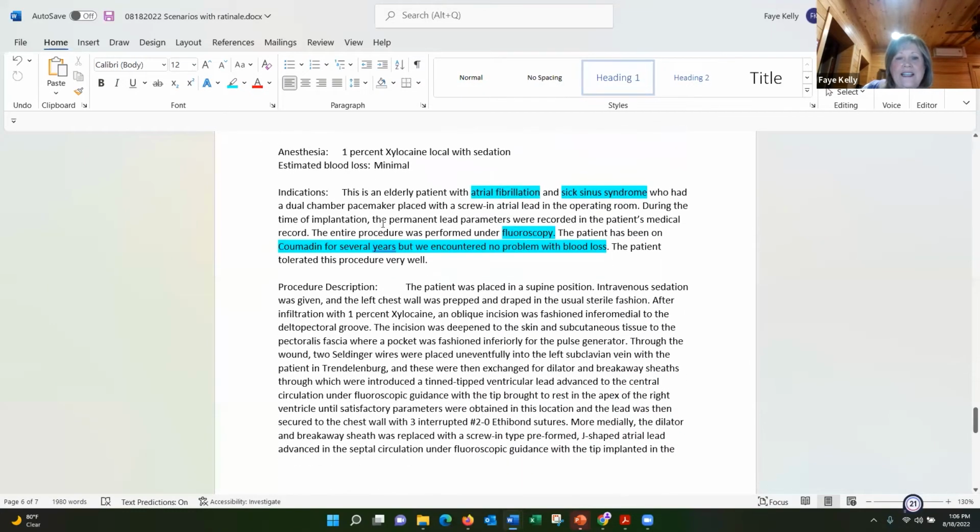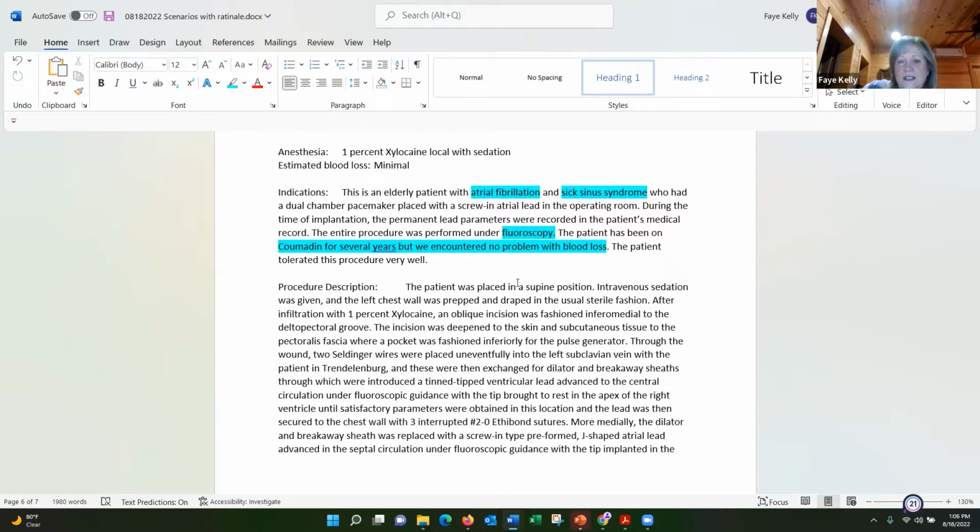So let's talk about the indications. What are we looking for? He documented this. Now, even though these are taken from educational material, keep in mind that when they put this educational material together, they pull it from actual op reports and scenarios. So this was good to me because it says indications. I'm used to indications being something that you see at the beginning. This physician actually addressed